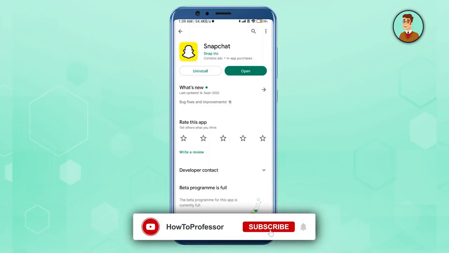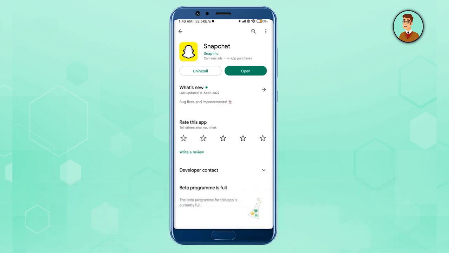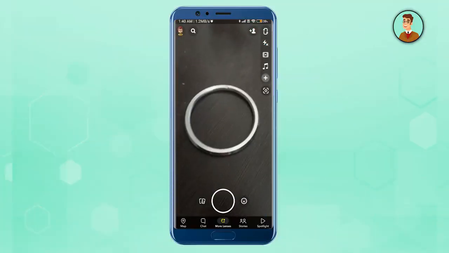Hello guys and welcome back to my channel, and today I'm going to show you how to create shortcuts on Snapchat. So firstly, open up your Snapchat application, then just take a simple snap,